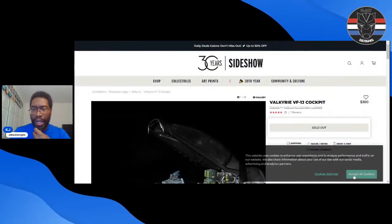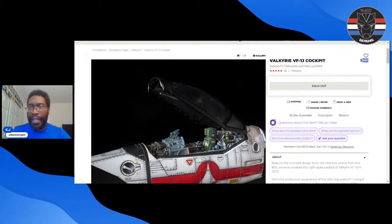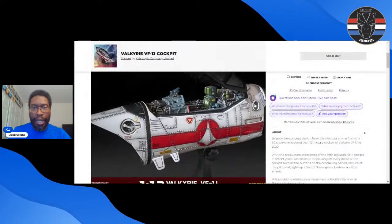We can't get the Sky Striker, but just even getting the cockpit, I think like a Robotech 1/12 scale cockpit at the time was about $300, $400 or something like that, right? So I'm trying to see here. I found this. So Sideshow, for example, has a Robotech diorama 1/12 scale. Fine, I'll accept all cookies. It's gonna bite me in the butt later. Sold out, but for $380, it was a 1/12 scale cockpit